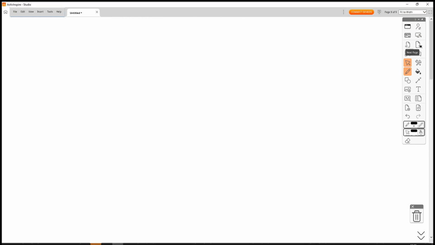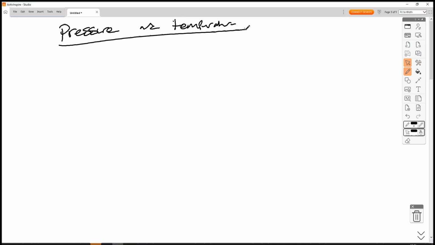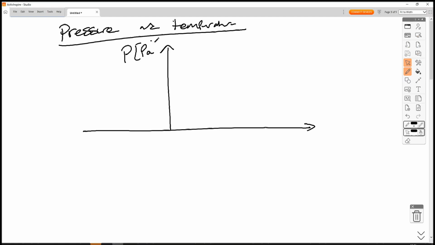Now, start a new page. If we go back to our readings of pressure and temperature, we can use these results to obtain a value for absolute zero. So pressure and temperature. So if we plot a graph of pressure in pascals against temperature in degrees C,